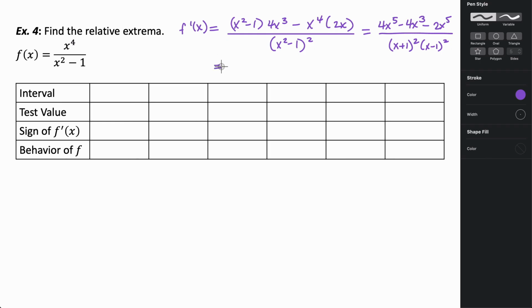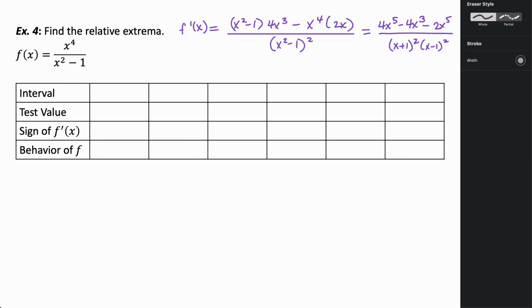We can clean this up still even more. Combining like terms, we're going to get 2x to the 5th, and those are going to have a common factor of 2x cubed, so I can factor that out. 2x cubed times x squared minus, right, because this is,